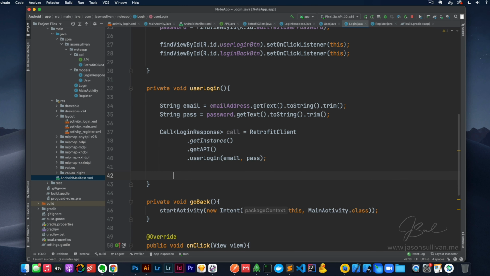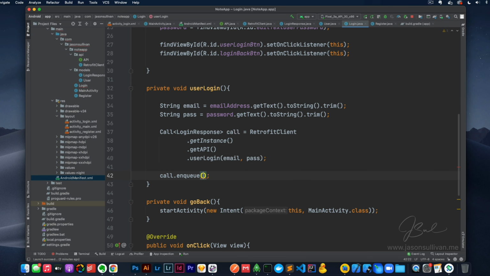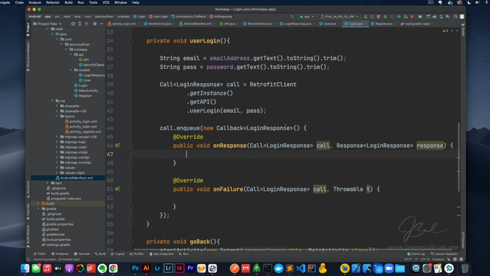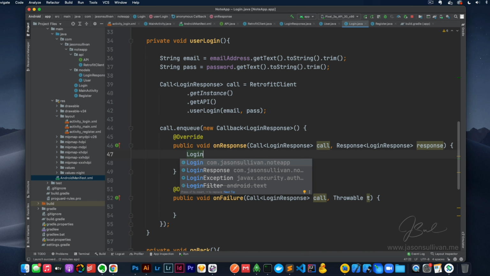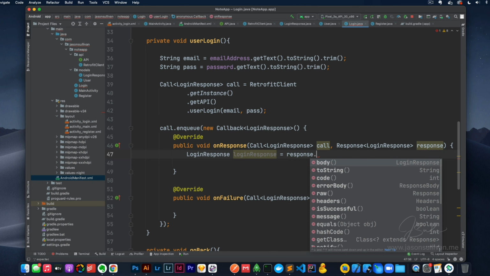Perfect. And then call enqueue, new callback. Boom, same thing. So we'll say login response is equal to response dot body,